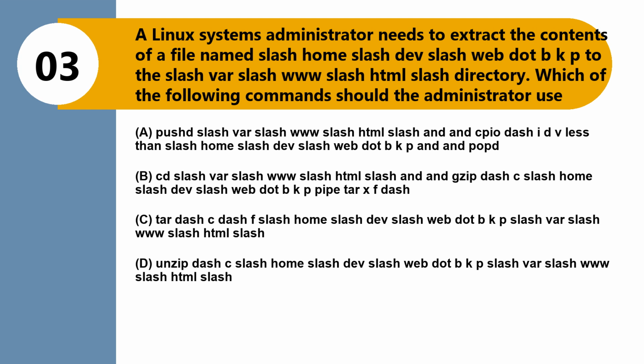Option B, cd /var/www/html/ and gzip -c /home/dev/web.bkp pipe tar xf -. Option C, tar -c -f /home/dev/web.bkp /var/www/html/. Option D, unzip -c /home/dev/web.bkp /var/www/html/. The correct answer is option A, pushd